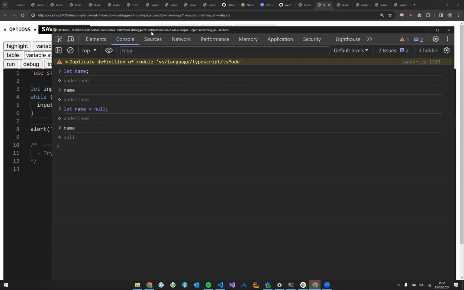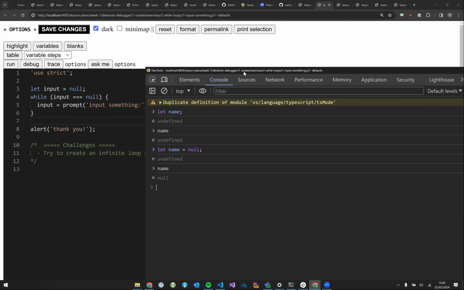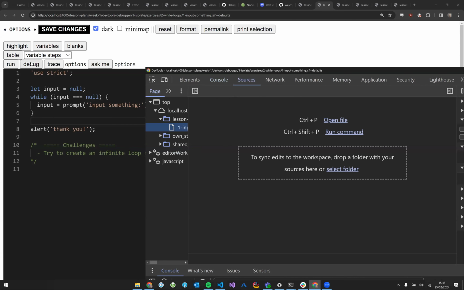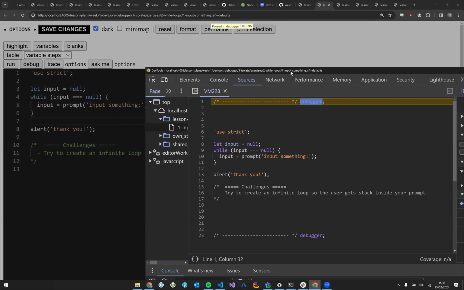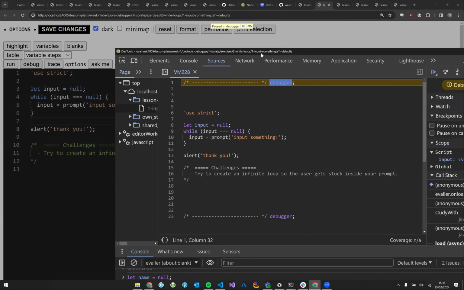So remember, to be able to put breakpoints or see the debugger, we have to open the DevTools, F12 for inspect elements. Then we go to the sources tab, and then we can just press the debug button here. And this is something specific to Study Lenses. It adds this magic debugger at the top, which is why it stops running the code. Later, when you're programming yourself without Study Lenses, there is no debug button, and you will have to go yourself to sources and put a breakpoint